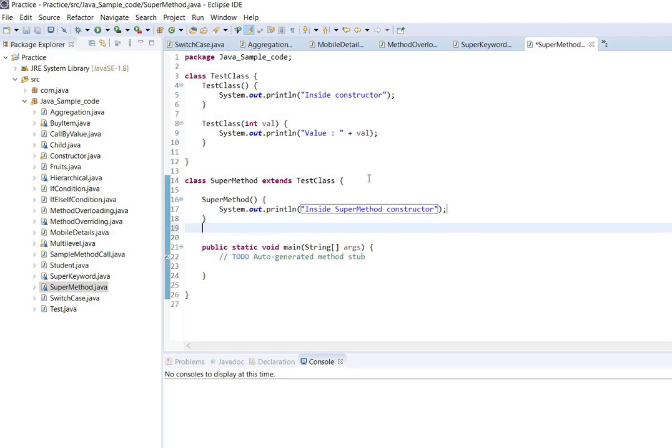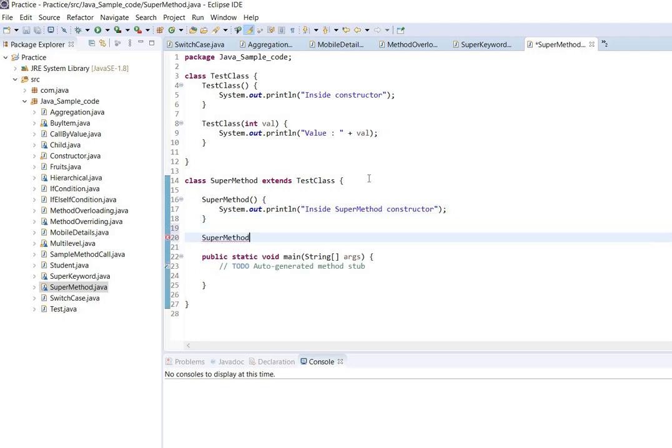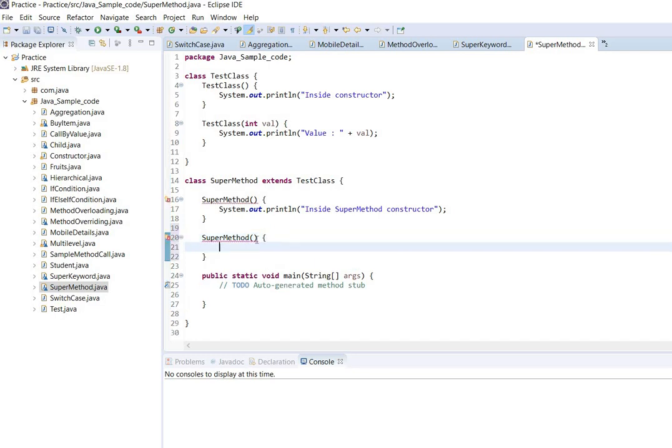Now I will create one more constructor, which is a parameterized constructor for the same class. I'm gonna pass the value int val, and I will log the statement, let's say "SuperMethod's value" and val.